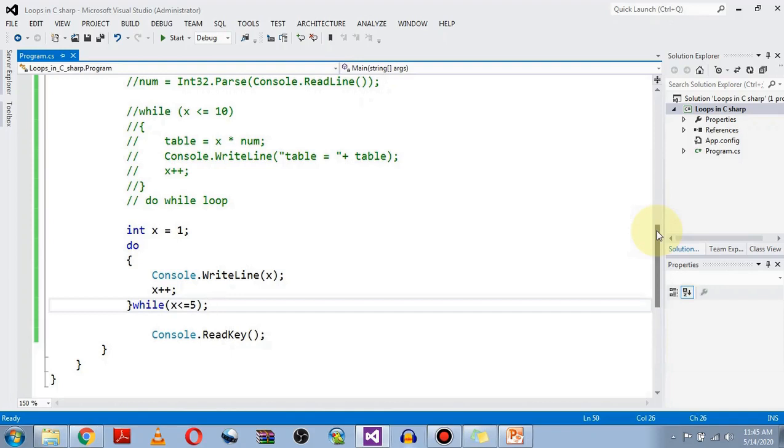As I already informed you, the foreach loop is fully dependent on arrays. So in the next video, we will learn what an array is and how to declare an array. Then within the array topic, we will also learn how to use the foreach loop in C#. So this is the end of this topic.